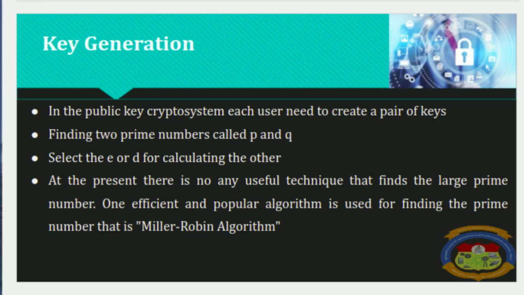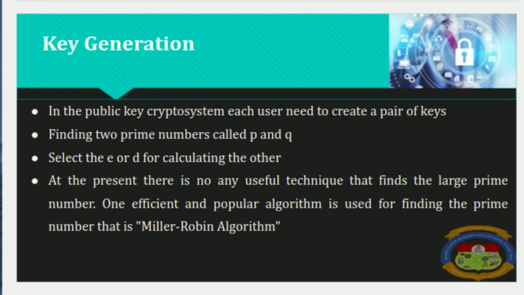In this algorithm, the procedure is for testing whether the given number is prime or not. If integer n is prime, then to perform the calculation, we take n and randomly choose an integer a. If n fails the test, then n is not prime. If n passes, then n may be a prime number or not. But if n passes many tests with different randomly chosen values for a, then we can say the value of n is a prime number. This is the way of key generation using the Miller-Rabin algorithm.